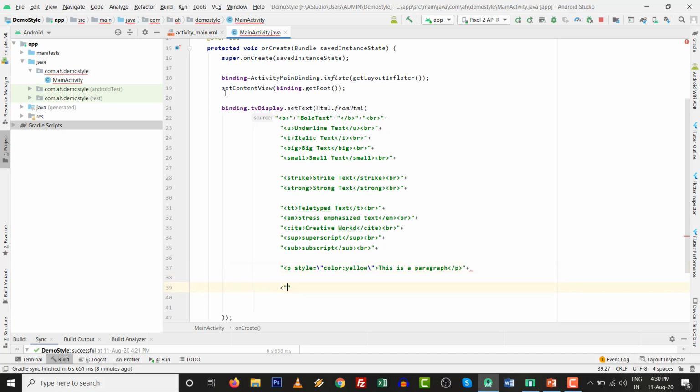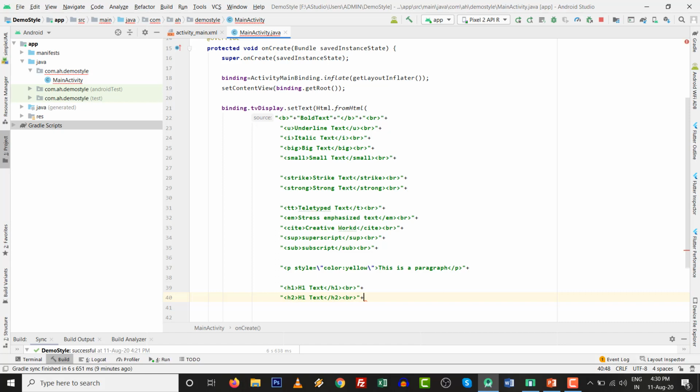And double quote. Another useful tag is the h1 tag. Then I will press br and write the text inside h1. Okay, so I think the last one is the h2 tag.